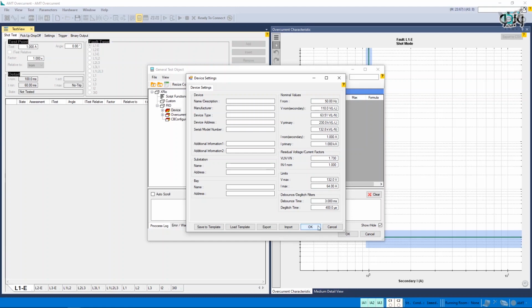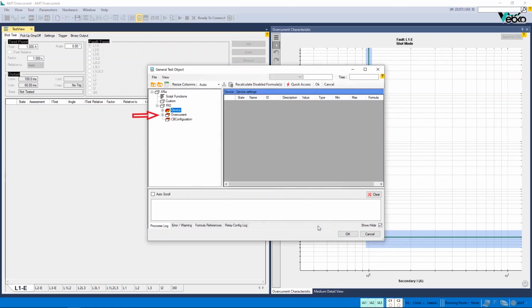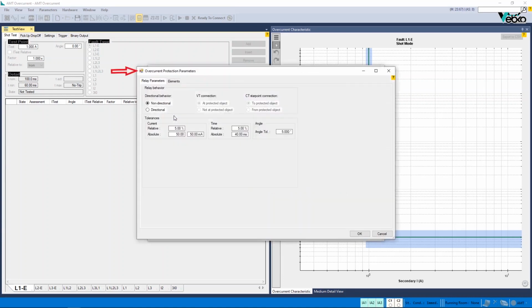Next, you need to enter the relay setting from the tree diagram in OverCurrent block. By double-clicking on this block, OverCurrent Protection Parameters page opens, which include Relay Parameters and Elements tabs. In Relay Parameters tab, in Relay Behavior section, first you need to determine whether the relay is directional or non-directional. Then, in Tolerance section and Current, Time, and Angle sections, current and time tolerances, and for directional tests, angular tolerances